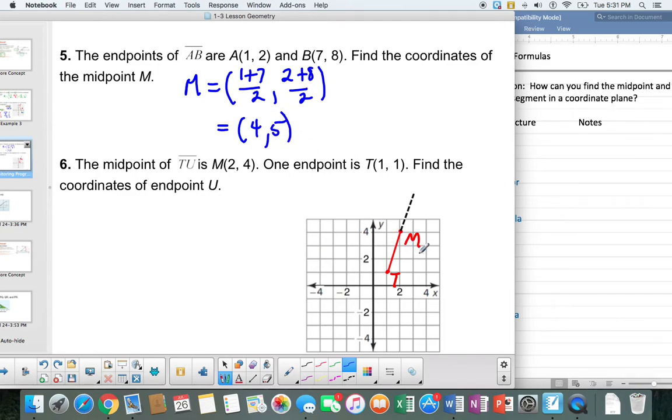Now here's one of those problems where the midpoint has been given, one of the endpoints has been given, and we are to find the other endpoint. Now we can go through the process I showed you a few minutes ago, or you can do something else. If you have a graph like I have, then you can say, well, to get to the midpoint I have to go up 3 units and over 1. So to get to the other endpoint, I'm going to have to go up 3 units and over 1 as